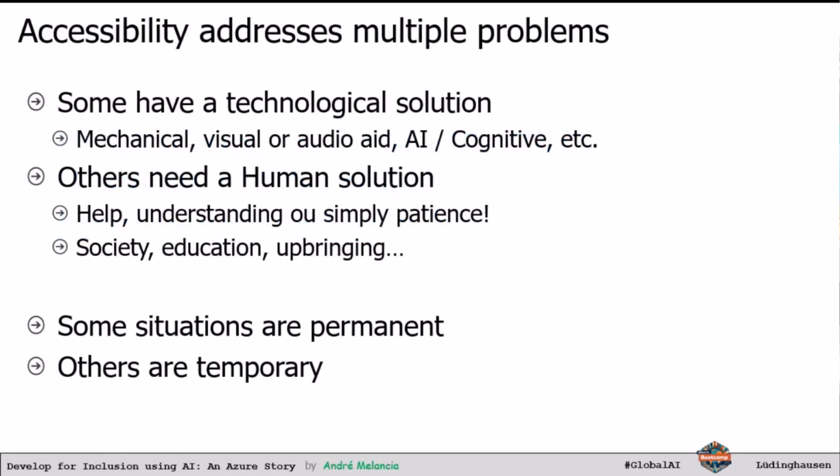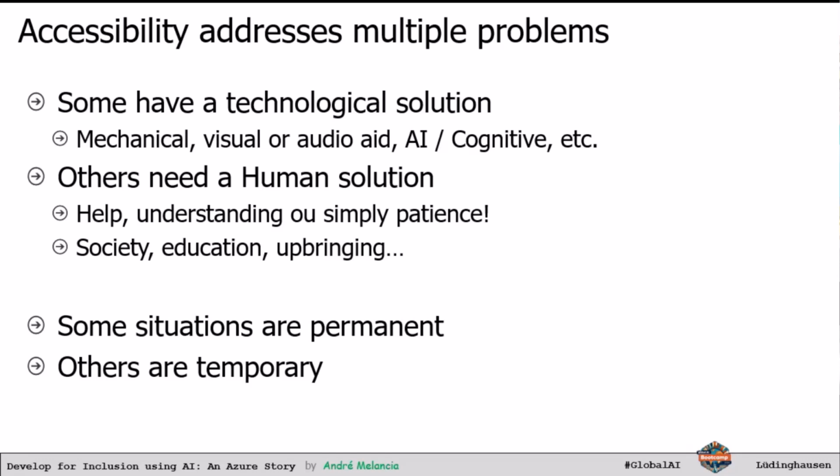So let me just mention a few of the problems condensed into a list now, so that we can find some solutions for this technologically. Some of these problems, we have a technological solution. If you are blind, you have some apps and some things. You have things that read things out loud from your computer. It's good. I will have another slide that shows you a few more things, but we do have some technical solutions. But there's also human solutions.